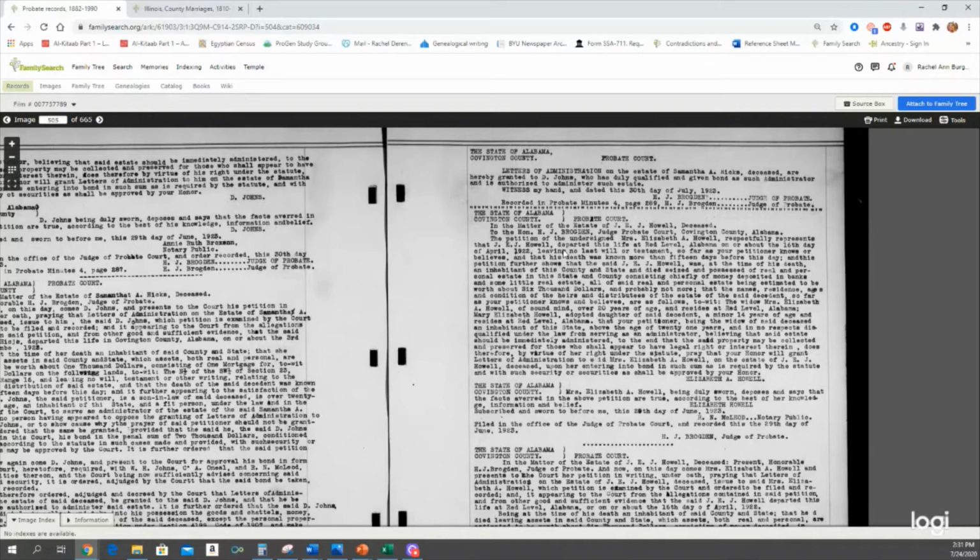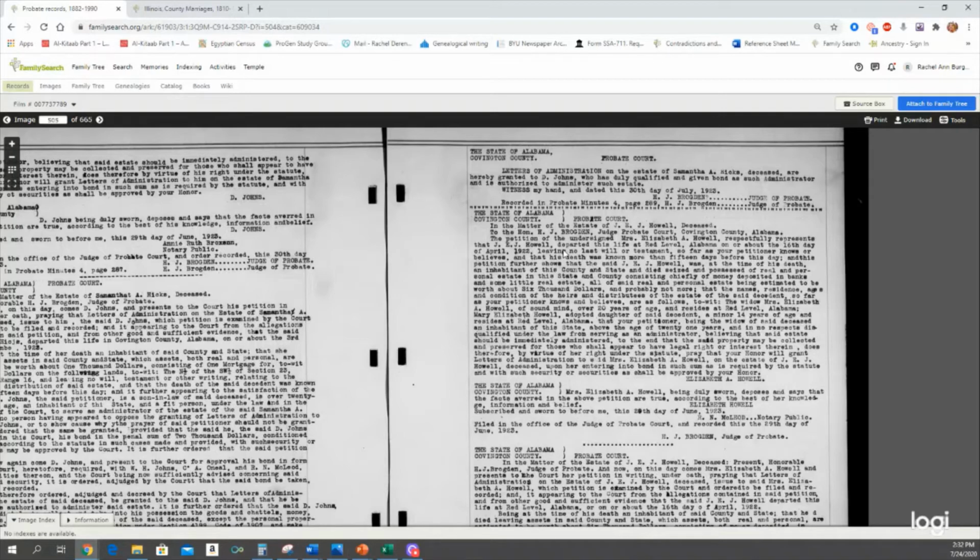Now, if you didn't have a death certificate, which commonly in the South, you're not going to see death certificates regularly put into the county before this time period, 1930, 1940s for some states. And so if you're looking for a death certificate and you can't find it, or they weren't created at that time, or people still didn't comply with the law to register those deaths, you can come to the probate records and you might find his actual or her actual death date. So it says,